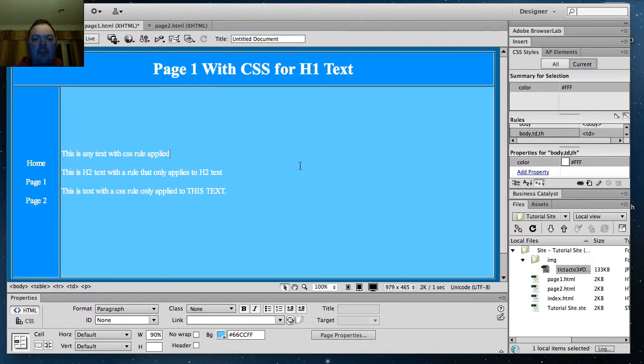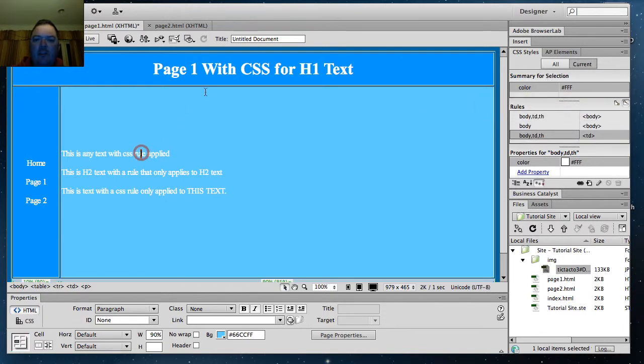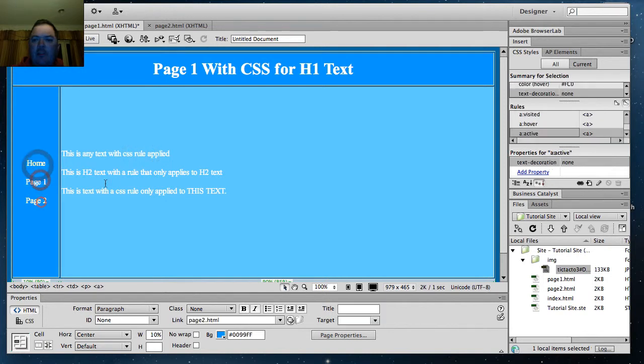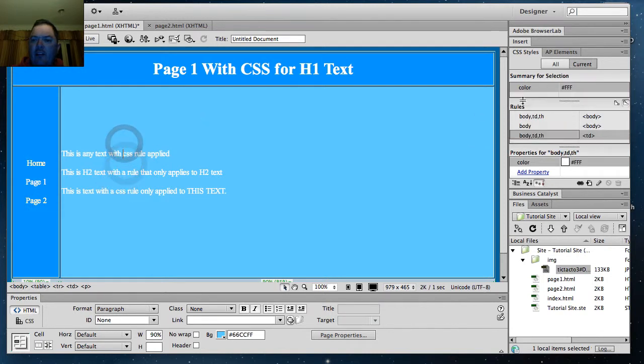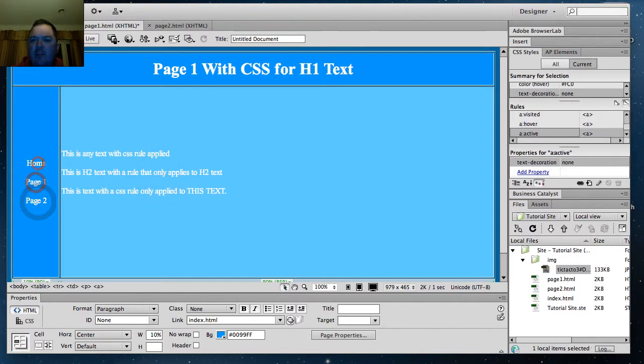Okay, what we're going to do now is look at cascading style sheets as a way to change the text effects and colour. As you can see, there's already a cascading style sheet applied to the text, and if you look over here, you'll see what those rules are. You can see for any body text or table data text, or even for the heading 1 text here,